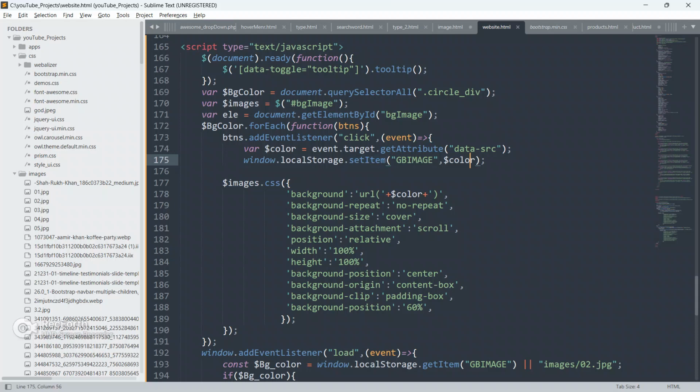window.local storage dot set item, dot color. No issue at all.